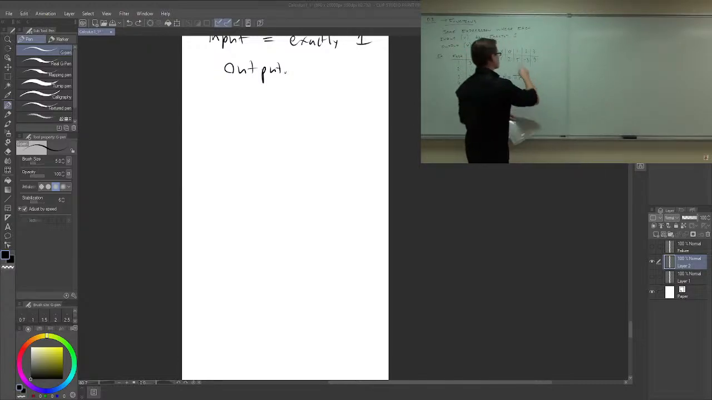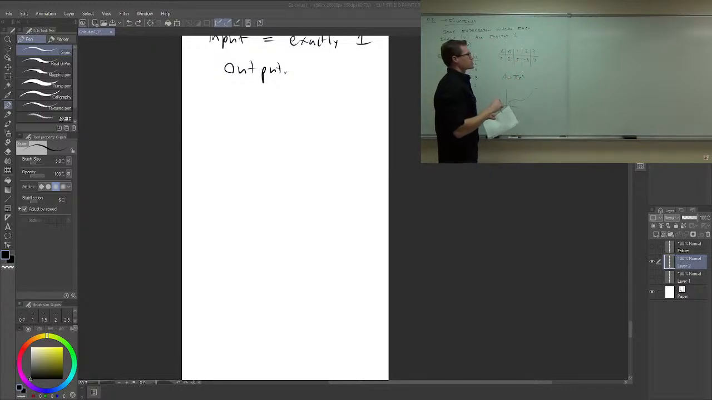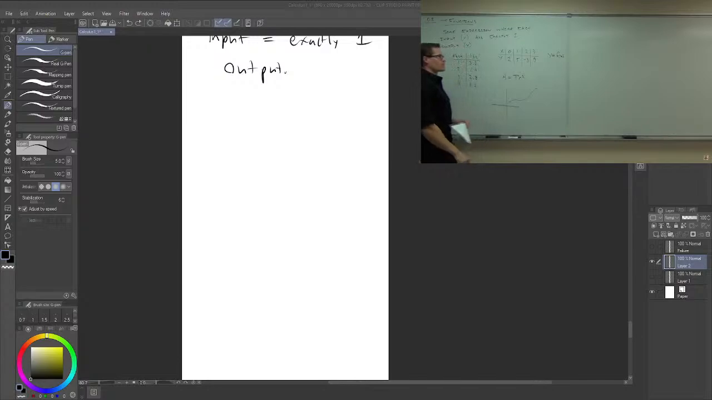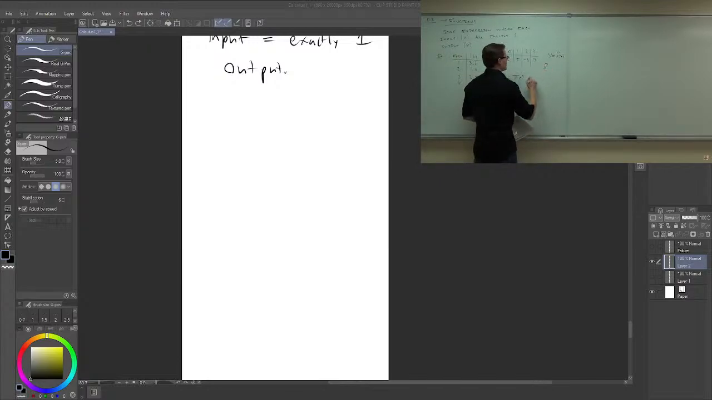Now, one more thing about this one. Let's say we change it just a bit, and we say y equals f of x. Could you find f of 0? What would that